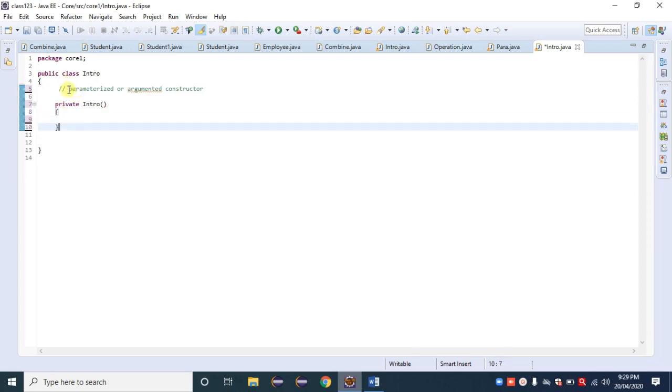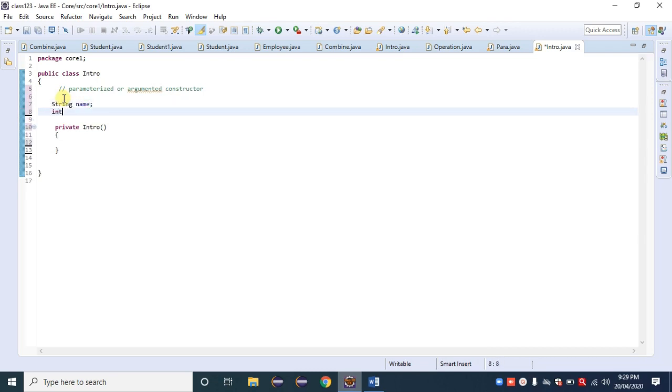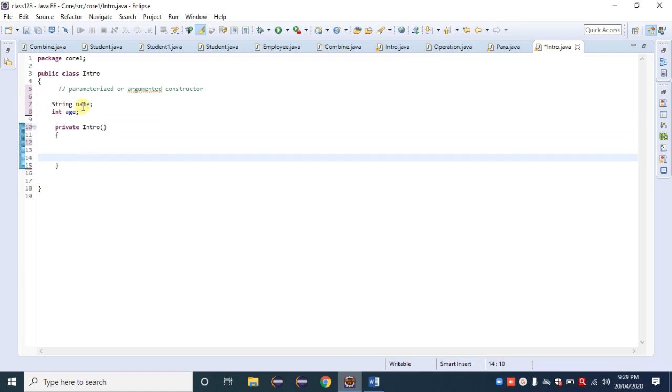So what is the topic name? Parameterized or argumented constructor. It means first I need to declare the parameters. I'm using string name and int age as variables here. I just declare those variables, and by using the constructor I am initializing them. It means inside that constructor I need to declare what the name is and what the age is.